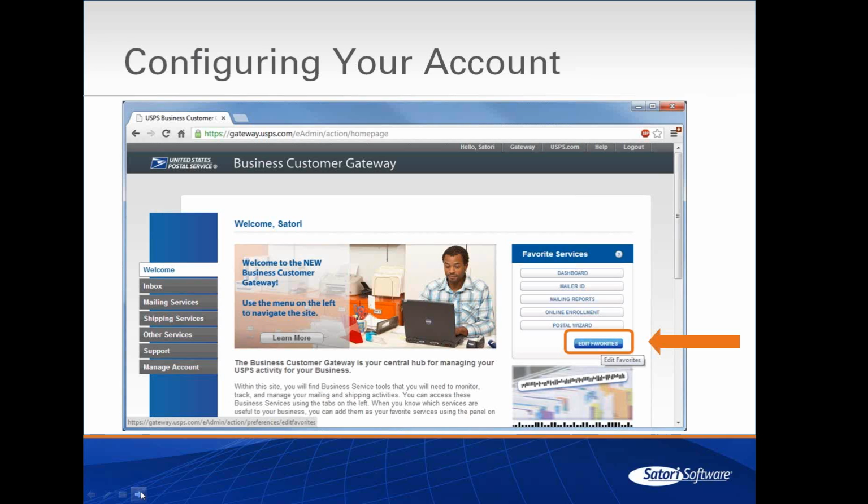Now, when you first go in to the Business Customer Gateway, you'll notice that there's this Favorite Services section on the right-hand side. And basically what that is, this is a configurable list of the services that you use the most often. So I strongly recommend that the very first time you sign into the Business Customer Gateway, whether you have a new account or whether you have an account that you've had for a while, go in and actually edit the favorite services that you have listed here,